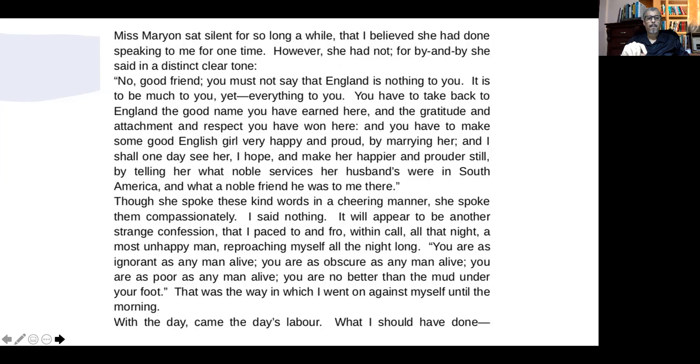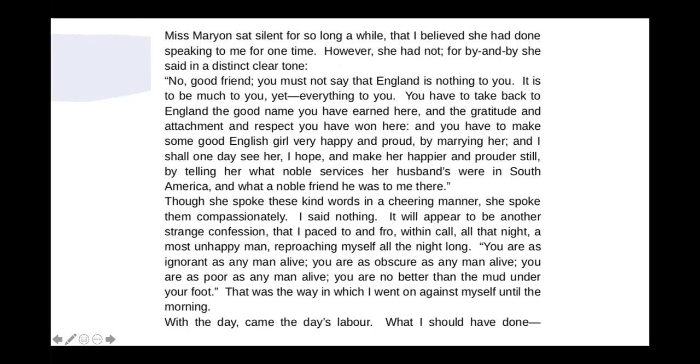Okay. Miss Marion sat silent for a long while, and I believed she had done speaking to me for one time. However, she had not. She did not stop talking to me. For by and by, she said in a distinct, clear voice,